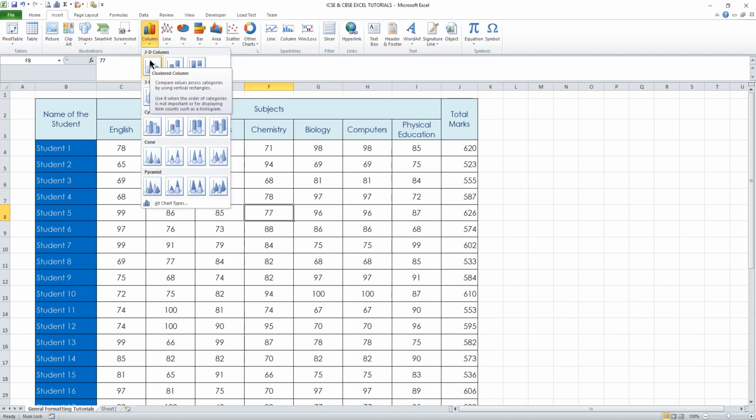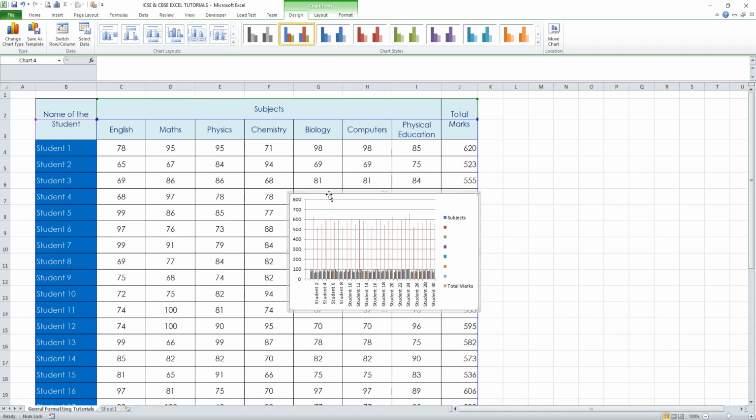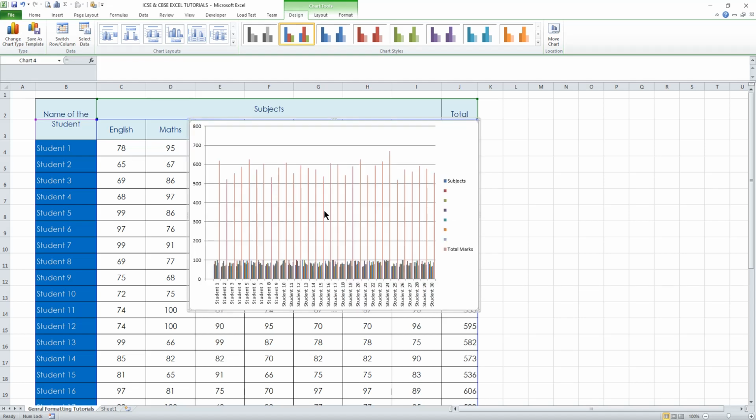So once I click this clustered column chart, what will happen is that Excel itself will pull out some data and represent it as a chart. You see here. Now here is quite a lot of data which cannot be interpreted, so what we can do is we can select,